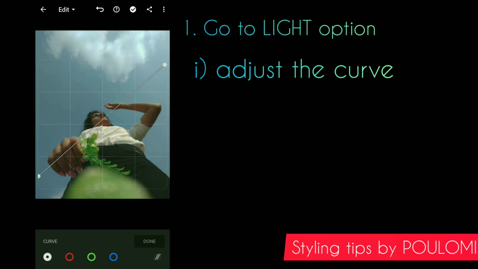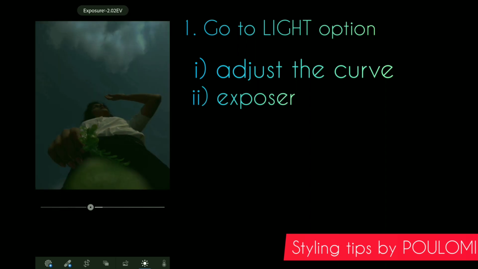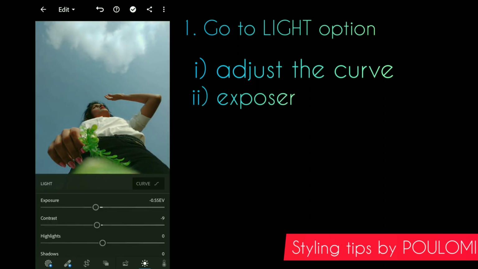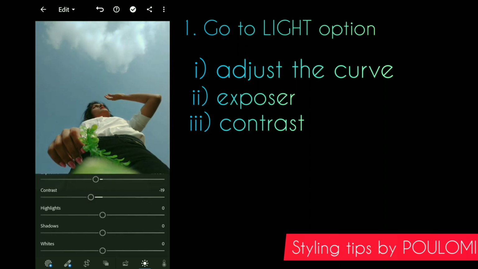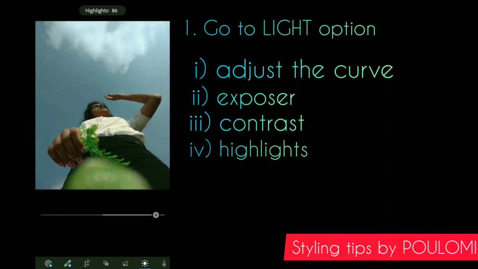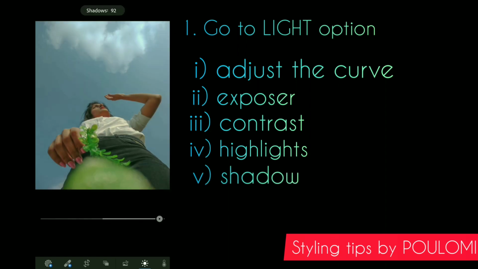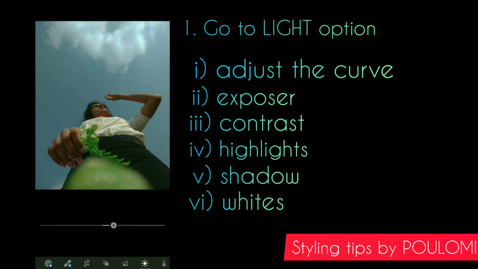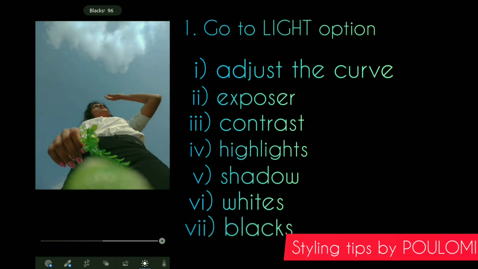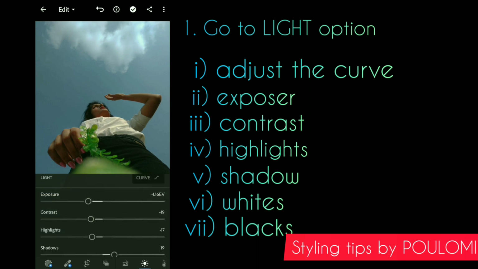I have already cropped the image. Now I am adjusting the curve. Curve helps to give the picture a matte effect, like I am doing for this image. Then I go for the exposure, where I decrease the exposure. If you have any confusion about what feature works how, it is always preferable to increase it to 100% and see how it works. And the same goes for contrast, highlights, shadows, whites, and the blacks. Adjust it and see if you are getting the desired result.